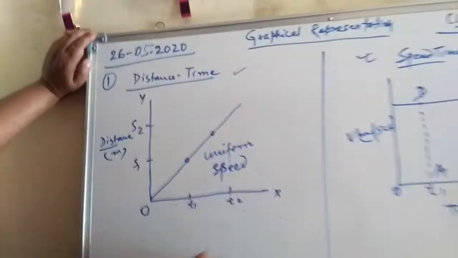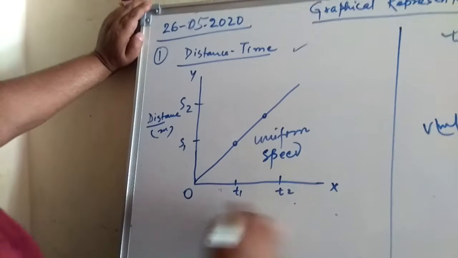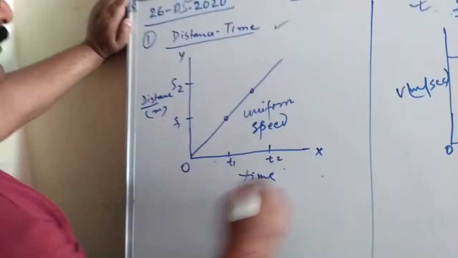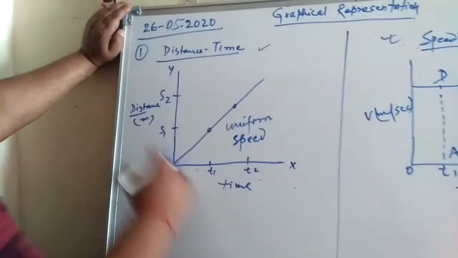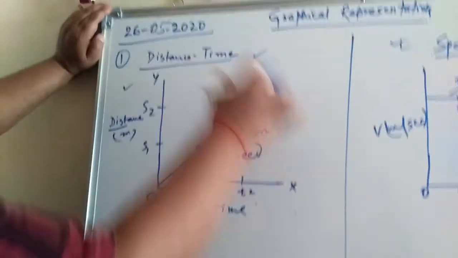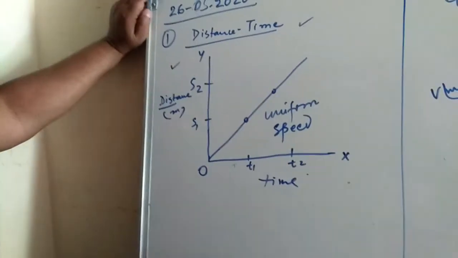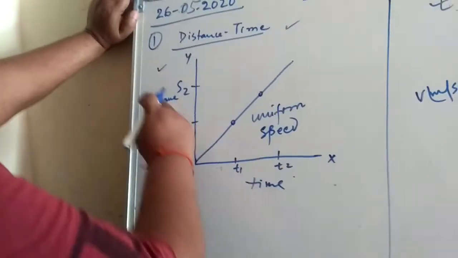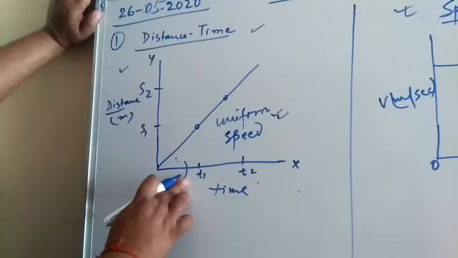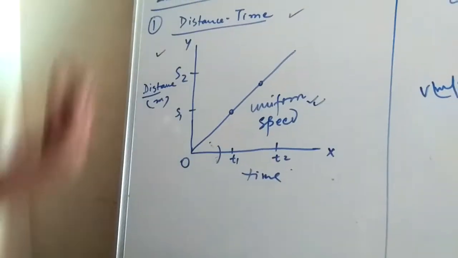You see this is a graph in which on the y-axis there is distance, and on the x-axis we give the time. When we plot the distance-time graph and we get such a graph in which a straight line is formed, then it confirms that the body has uniform motion. It means in every time interval the body travels equal distance.